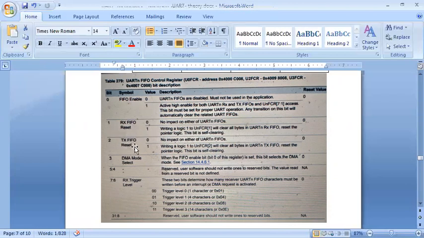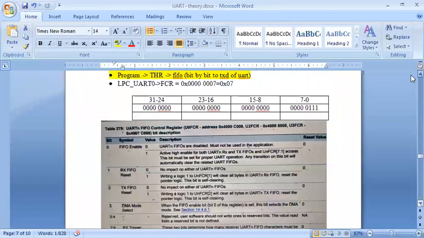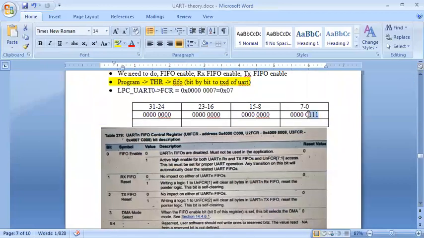Then transmit FIFO. We are definitely using transmission, so it has to be 1. Okay, and others we are not using. So this has to be 1, this has to be 1, this has to be 1. Means 0 bit, 1 bit, 2 bit. So if I put this, I'll get this like this. Okay, so means the value is what? 07. Okay, so I have got FCR.